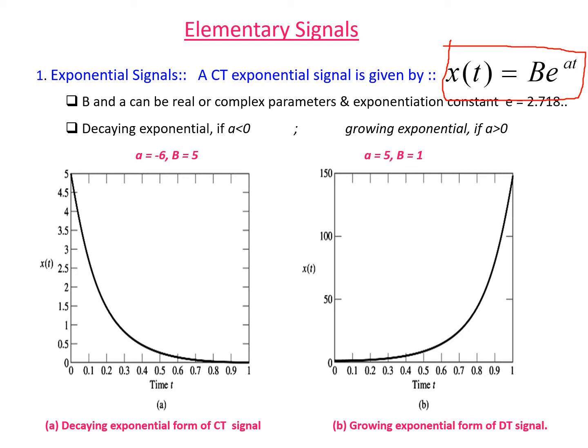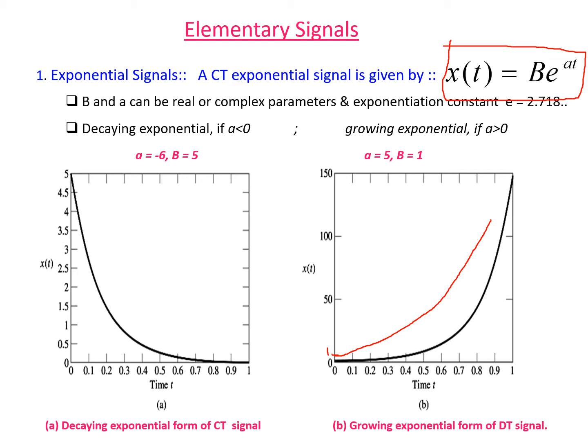See, actually exponential always starts with some initial value. So this graph should have started somewhere here, at this mark. Okay, please make that correction. Suppose this value is 1, this graph should have been increasing like this. And by mistake he has made it 0. Maybe he wants to represent a value very nearly 0, not exactly 0. It is very nearly 0, that is 1. Compared to 150, 1 is a very small value. Maybe that's the reason why he has shown it that way.